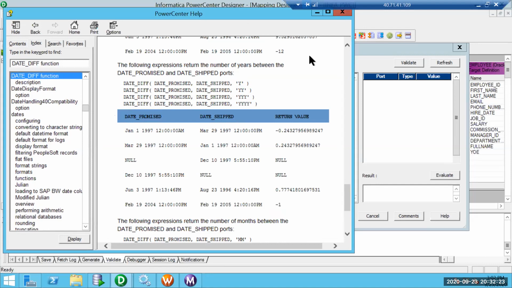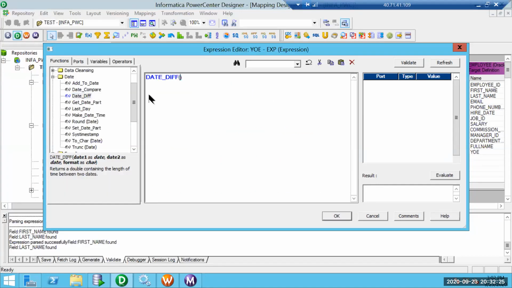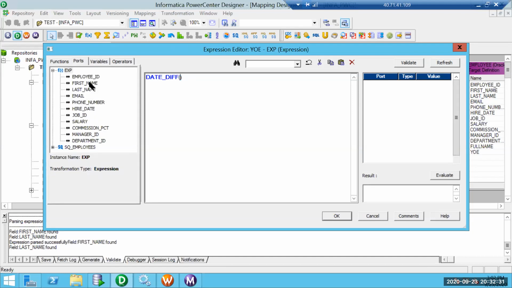So we can evaluate those here, date diff. From the moment I joined, as in when I was hired, and then sysdate. Those are the things which need to be compared.